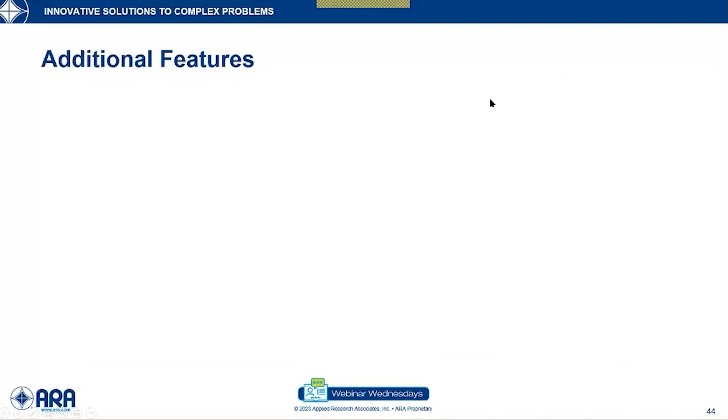Some additional features, just kind of wrapping up here. What we've covered so far is pretty standard. Most pieces of software and most pavement management systems will have some type of the things that we just covered. But to get into some things that are truly unique to software that the FAA provides,